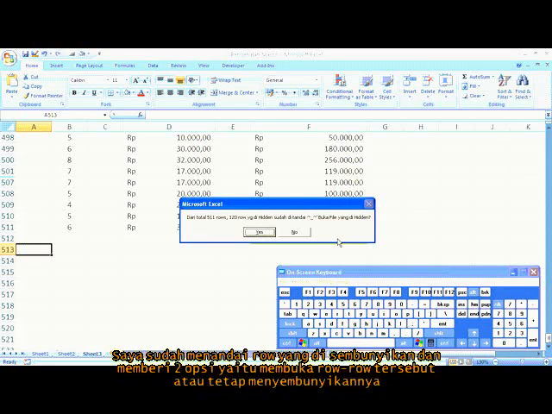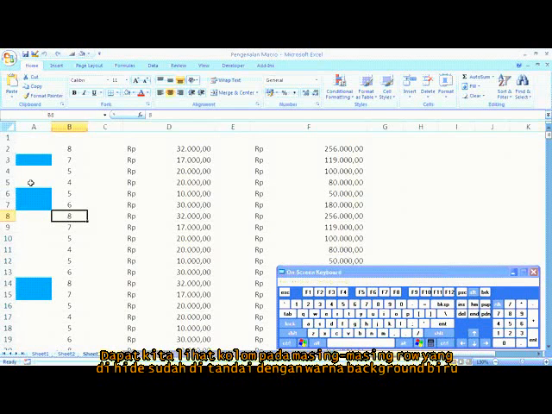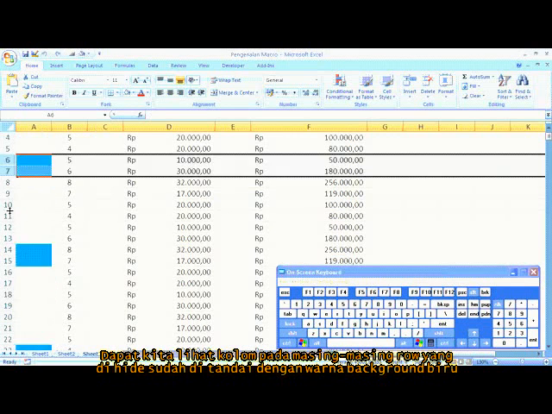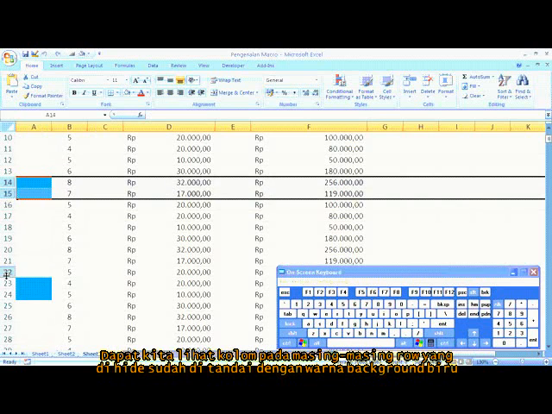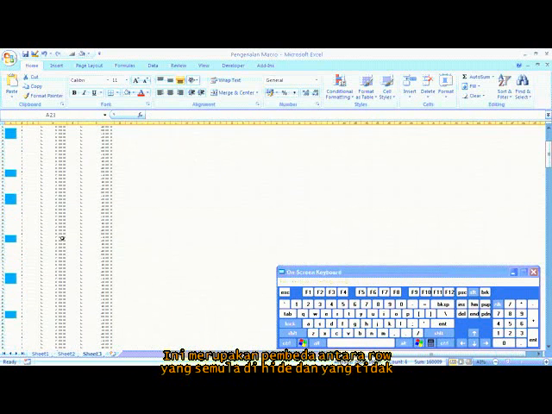I have marked the hidden rows and given two options: to open or hide the rows. Okay, we try to open them. We can see the columns in each row that were hidden are marked with a blue background color. This is the difference between a row that was originally hidden and one that was not.